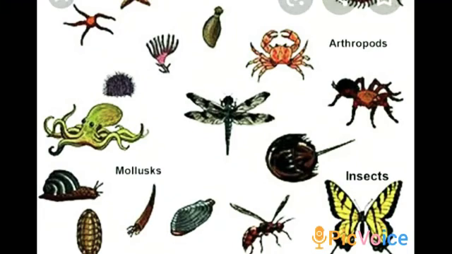Invertebrates. Children, you know what invertebrates are? Invertebrates are the animals that do not have a backbone. And many of them do not have an organ system for breathing. Out of 100 animals, 99 animals in the world are invertebrates. So it is difficult to study so many different animals. So the biologists divide the invertebrates into two smaller groups. You know which are they? The group of insects, spiders, crabs and their cousins. Second one, the group of snails, slugs and squids.